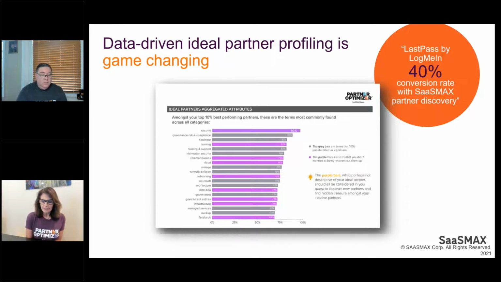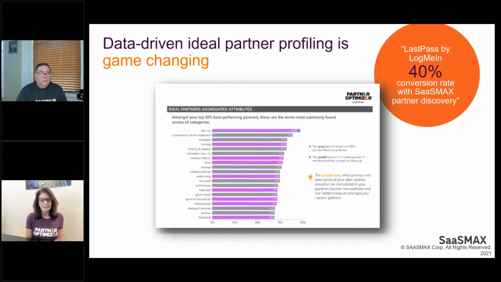Because about half of the data-driven terms here that our engine's able to pick up were not actually featured or recognized initially by the channel team. It doesn't mean that the channel team is doing anything wrong. It just means that the engine, which is an AI data-driven engine, is going to find a lot more than we can find manually when we have blinders on and are focused on our own products and solutions. So when you're able to do this, and then you're able to build a profile and then do partner discovery and partner recruitment around a very targeted ideal profile, your conversion is going to accelerate and everything moves even faster. So that's what we wanted to demonstrate here.